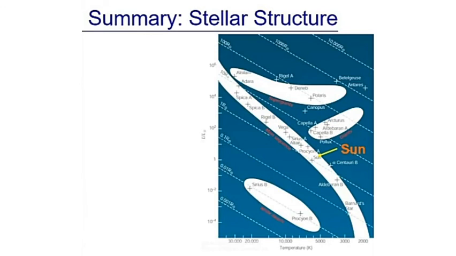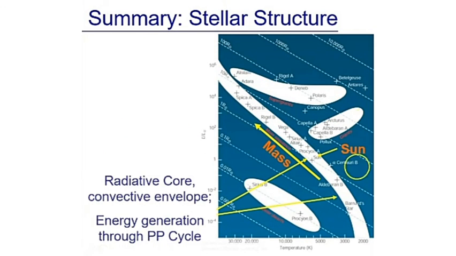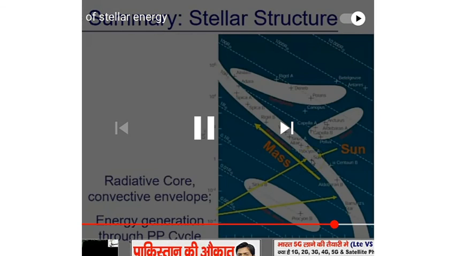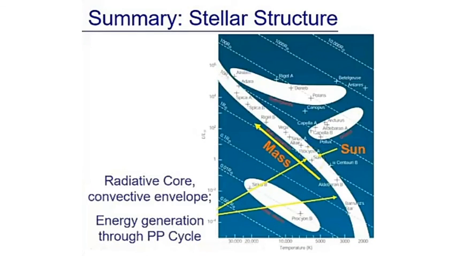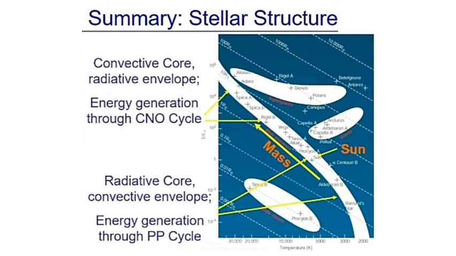Okay, all right. So just to summarize, here we have our sun, one of the lower main sequence stars. It's got a radiative core, convection outside, and the proton-proton chain. These upper main sequence stars are going to have a convective core, radiation outside, and they are going to have the carbon-nitrogen-oxygen cycle.